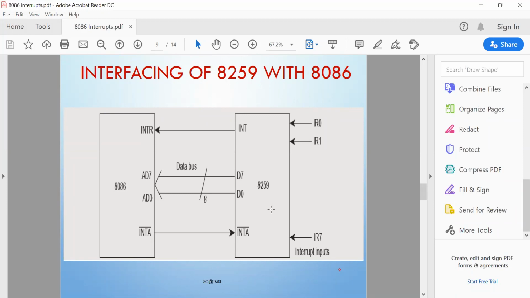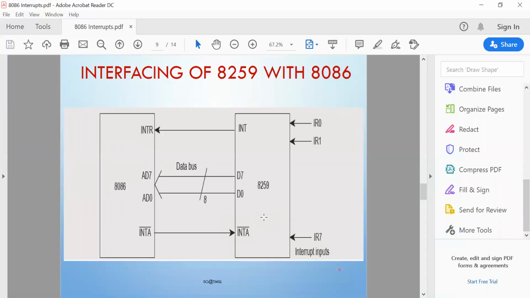So for every interrupt signal processing, 8086 generates two INTA bar pulses. One is the receiving acknowledgement, another is a request signal to give the type of the interrupt number.